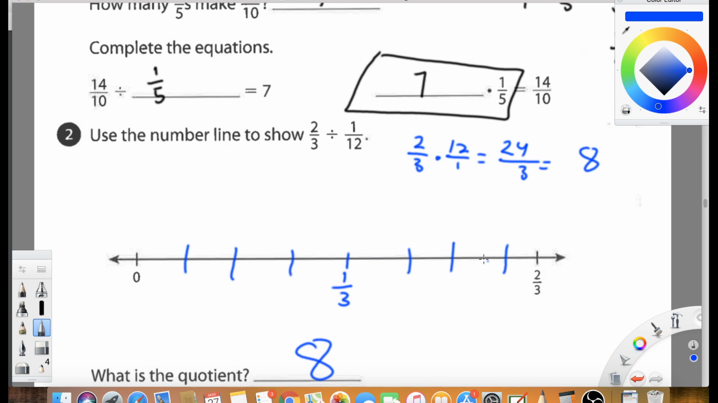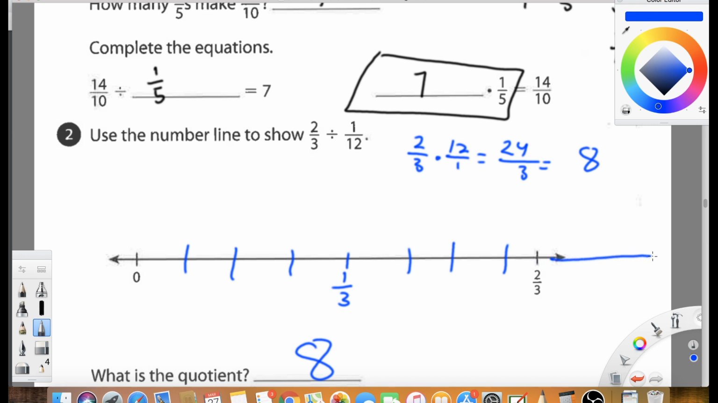5, 6, 7, 8. Now I have 8 parts. From 0, 1, 2, 3, 4, 5, 6, 7, 8. I have my 8 parts. But where does the 1/12 come into place? Because if we separate this from the 0 to the 1/3, we have 1, 2, 3, 4 spots. And it says it's separated by 12ths. Now, if I keep going, 4, 5, 6, 7, 8, okay, I don't have 12 spots yet, but remember, this